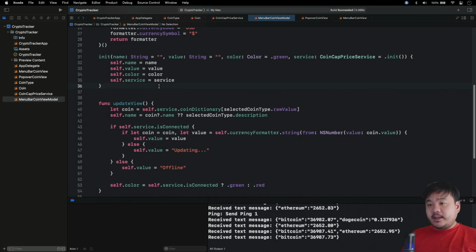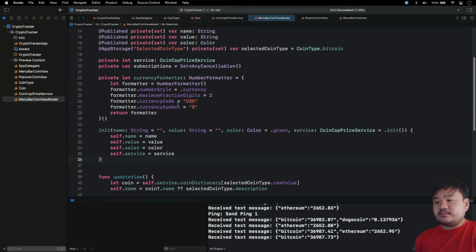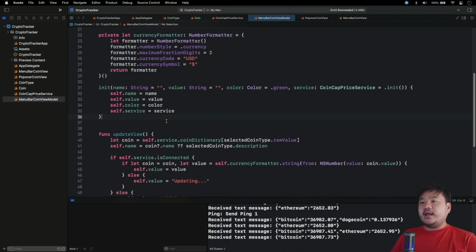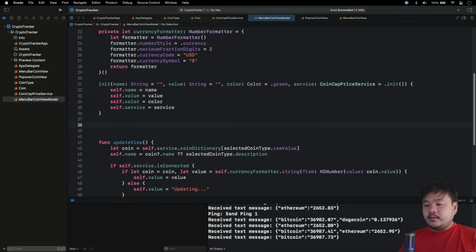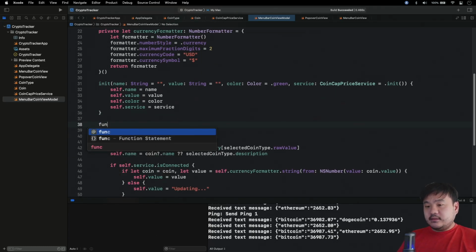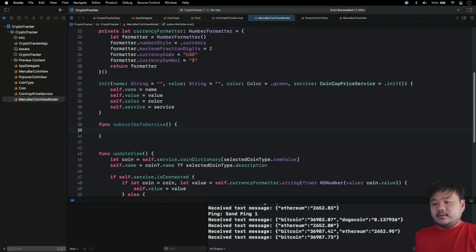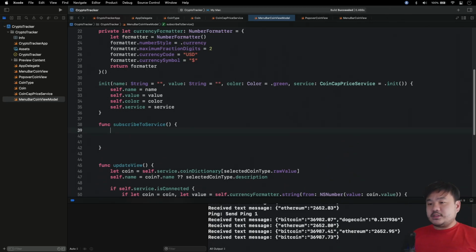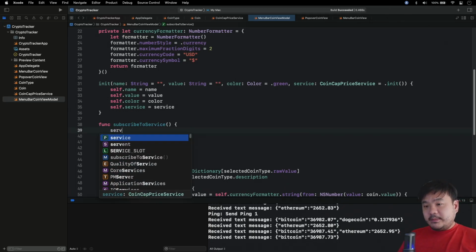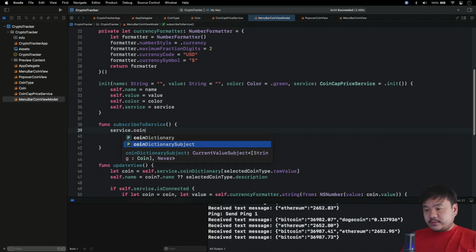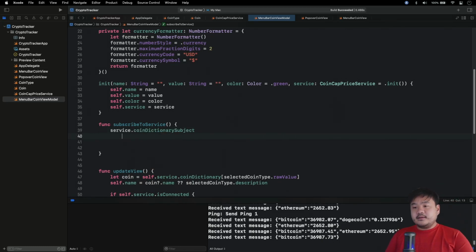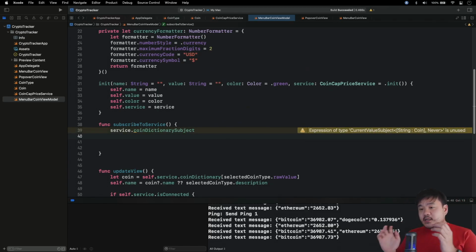Next, we need to implement the subscription to these publishers, so we can react whenever new data is being pushed from the server. Okay, to do that, let's create a method subscribe to service. So to subscribe using Combine, we can grab the publisher first, the coin dictionary subject. And this is one of the cool features from Combine, that we can combine multiple publishers into one